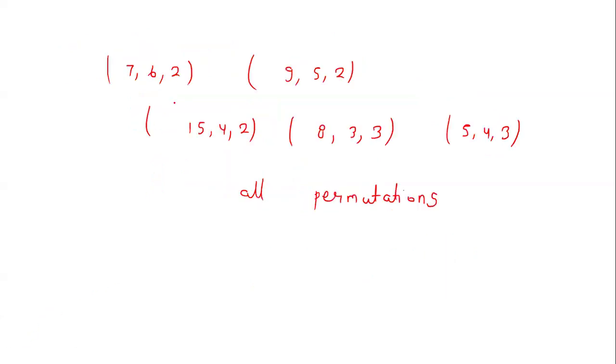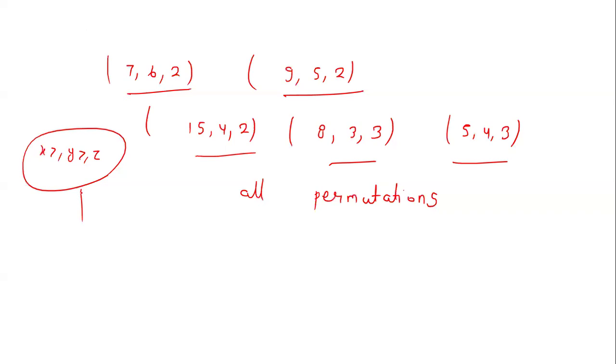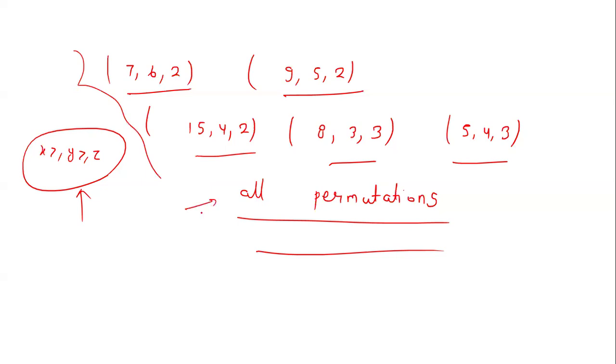So the possible solutions we get are this and this. So these five solutions we got. Initially we assumed this ordering, but it is not necessary to assume. So we can take all permutations of this. So these are the total solutions of this problem. So these five solutions are there, and you can take all permutations of them.